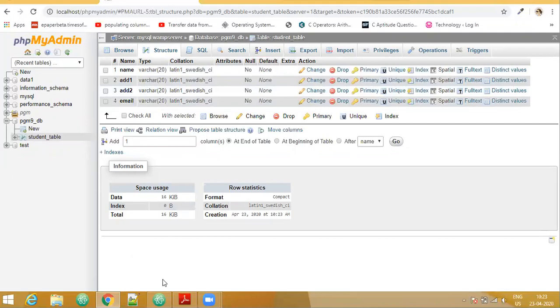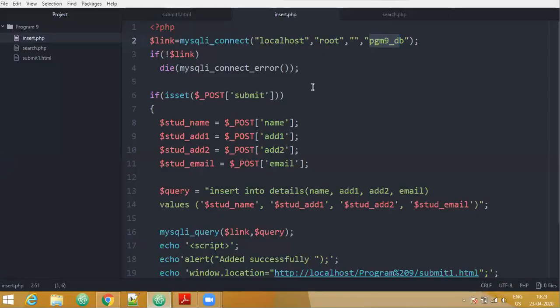Then our next task, now let us understand this. So this is done, we have created the database. Now the next statement here is if not of $link. That is, suppose there is some error while connecting to the database, like you have specified wrong database name or you have given the wrong password or any of the 4 parameters, there is a spelling mistake. So that time this particular query is going to work.